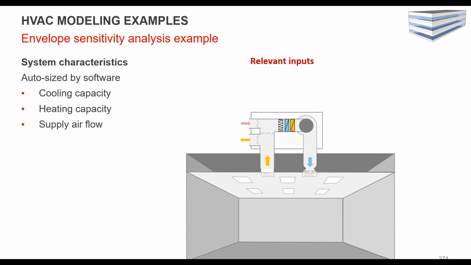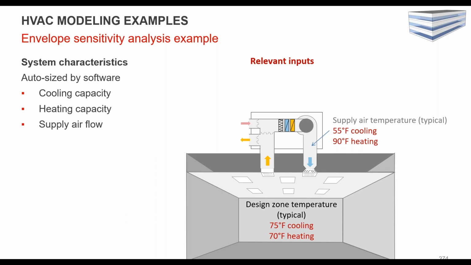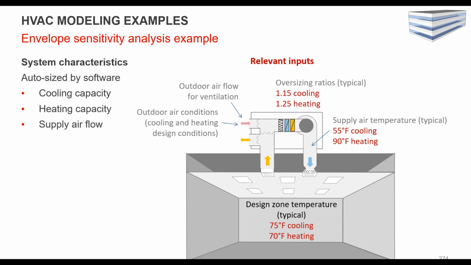And then what about other system characteristics? So for this one, when we're looking just at envelope, you might just let everything get auto-sized, and most software will have the capability. So they will run a load calc and say, oh, based on the load calc, we need a 2-ton cooling coil and a 1.5-ton heating coil, right? So you're going to set parameters around the temperatures that are being supplied and the space temperatures, and then the delta T will be how your coils will be sized.